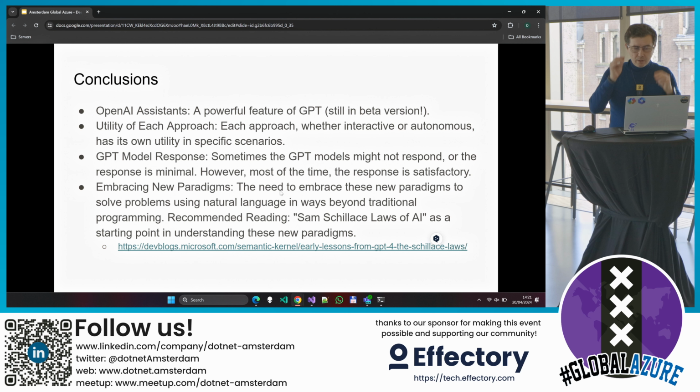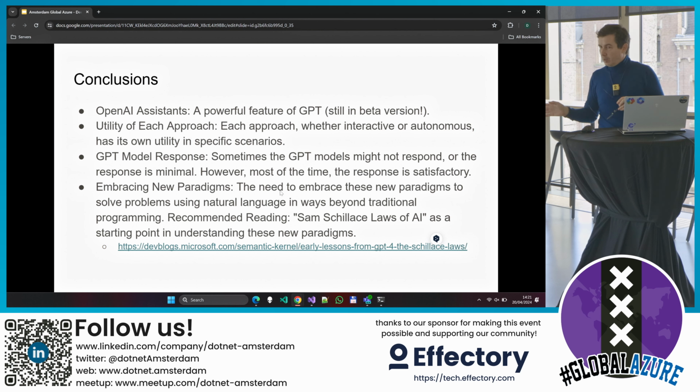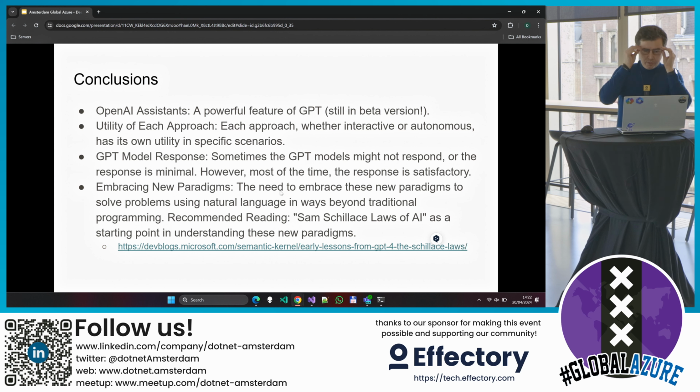Conclusions. OpenAI assistants are still in beta on Azure, but they are out of beta on OpenAI API. That's good news. Maybe they made them better. I hope so.